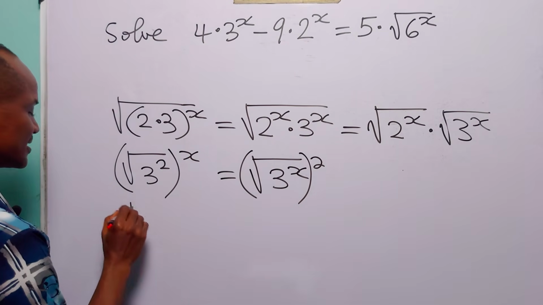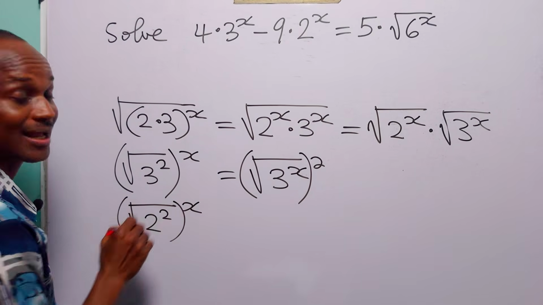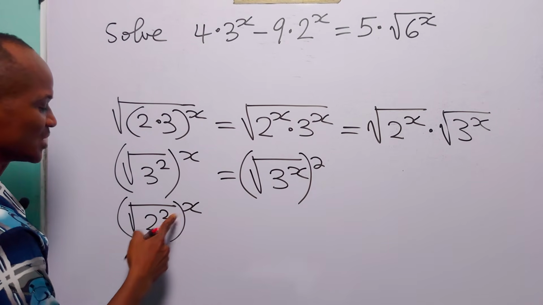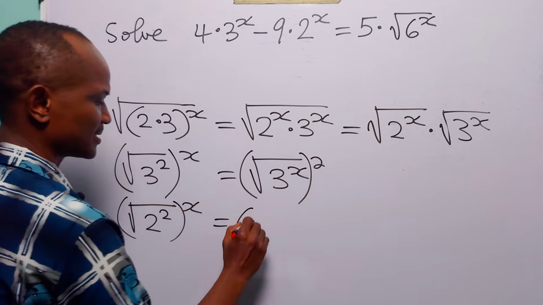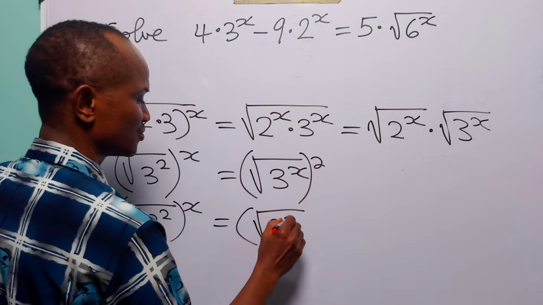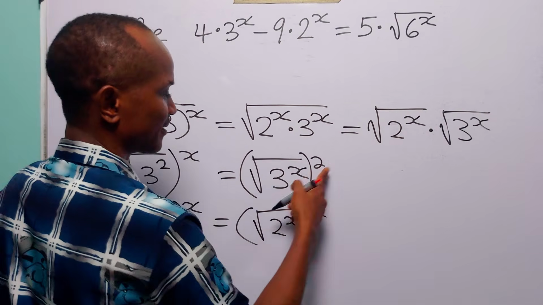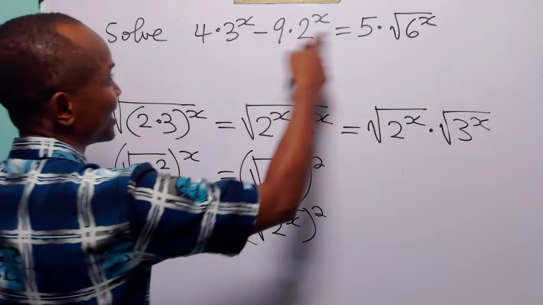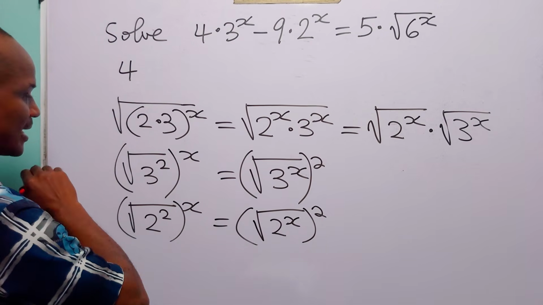Now, the same thing happens here. 2 is the square root of 2 squared. Then we have the power x. And once more, when we switch the places of these two powers, then we can write this as the square root of 2 to the power x squared. Now, with these three changes, we can write this original equation as 4 times